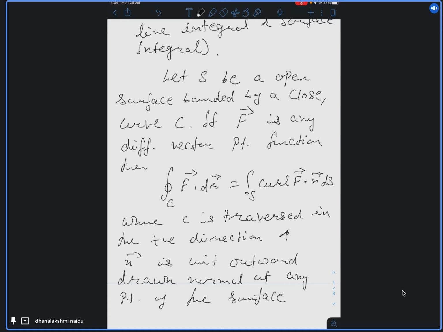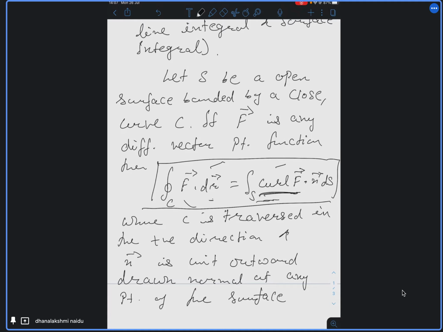That is the statement. So this is what we need to do whenever Stokes theorem is asked. Again, two types of problems you will face. Either the verification, when it comes to verification, both LHS and RHS you need to calculate: both the line integral, which is f bar dot dr bar, and the surface integral where the function is curl of f bar dot n bar ds. This you have to calculate for verification. If they ask you to apply Stokes theorem, then instead of calculating the line integral, you will go for the RHS part, which is the surface integral.